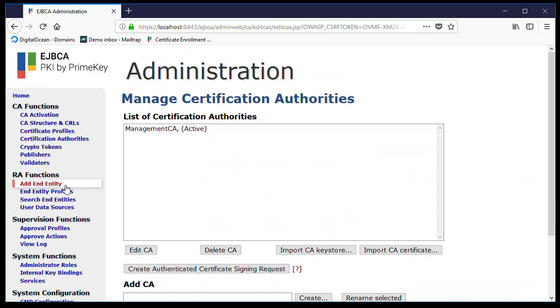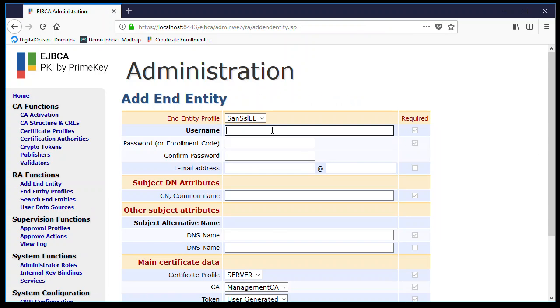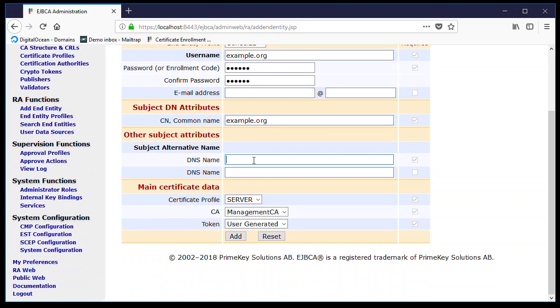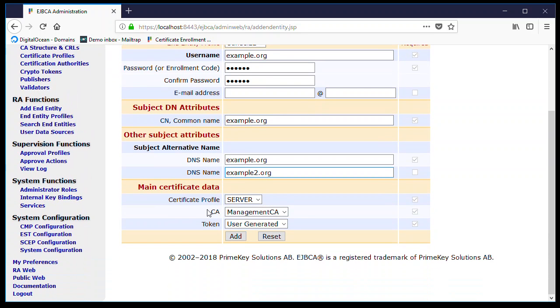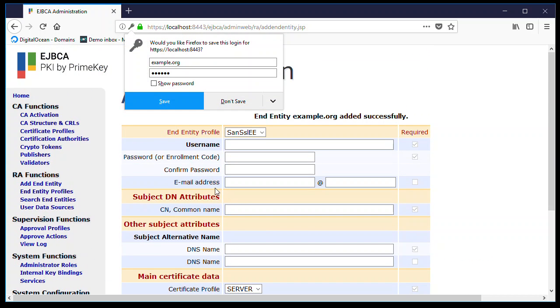Now we are going to create an entity. We are going to call it sample.org. And we have to set two subject alternative names: sample2.org. We create it,